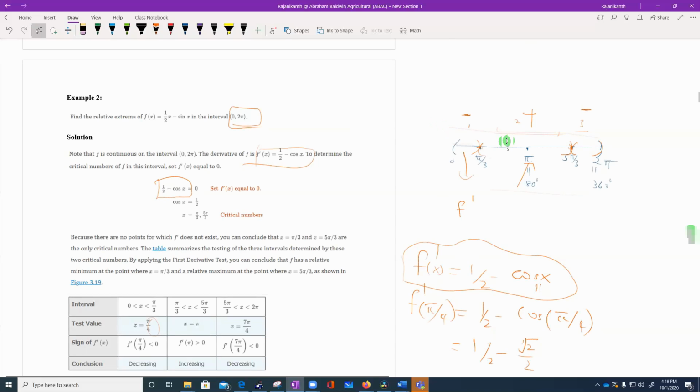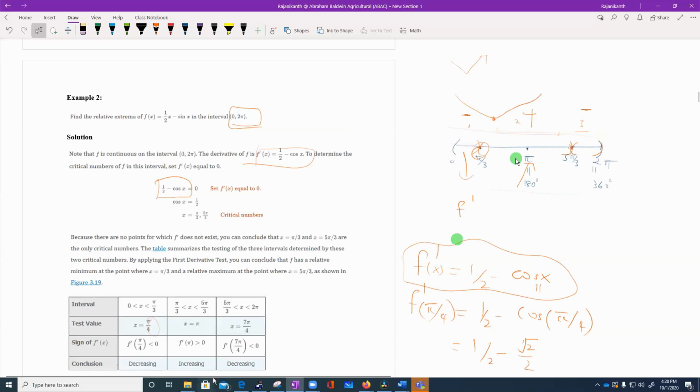So how is your curve going to be? Negative means of course the slope should be negative, so your graph should be going like this. Negative slope, positive slope, negative. Positive slope is going upwards, negative coming down. So you will get a minimum here. So if you draw the picture for this interval,